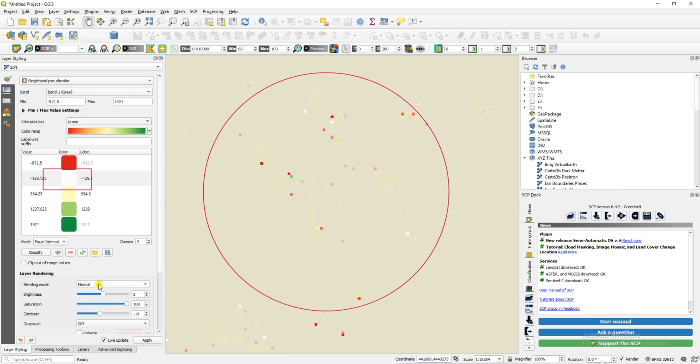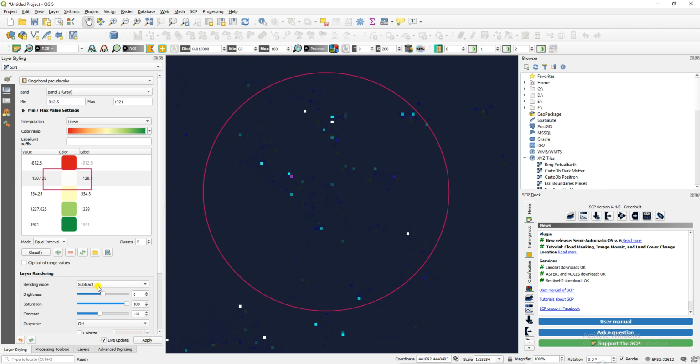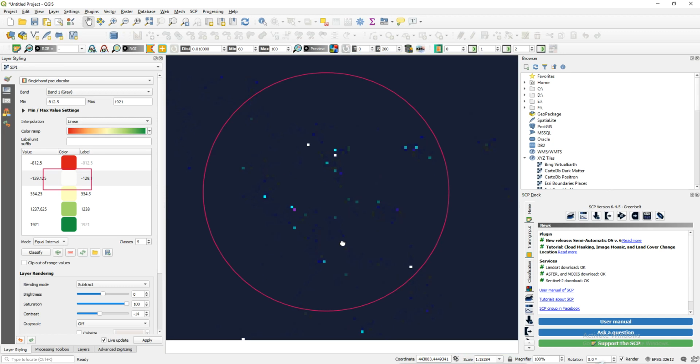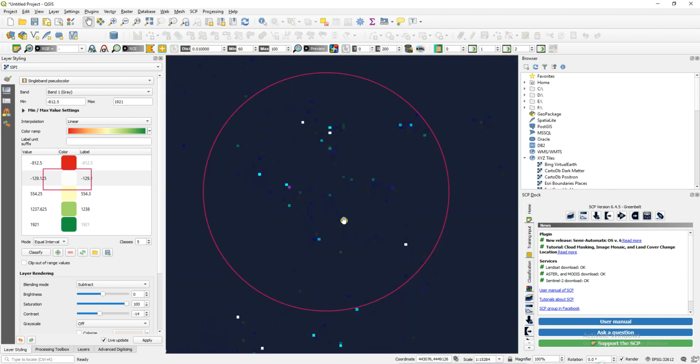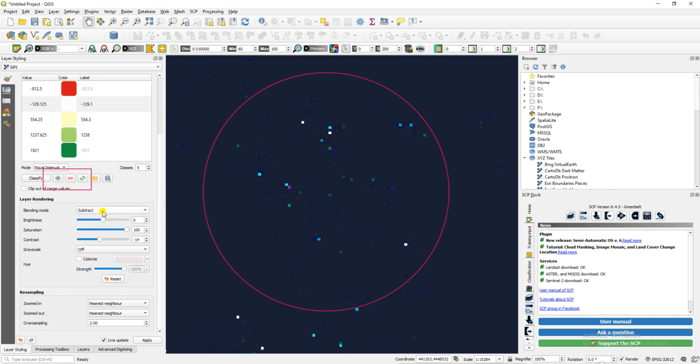So I hope you enjoy this tutorial. You can also apply all the blending modes. So I am applying the subtract algorithm on that. You can just do that, and we find the data easily. You can also check in between some neighbor structure on that, and we got the result in between.